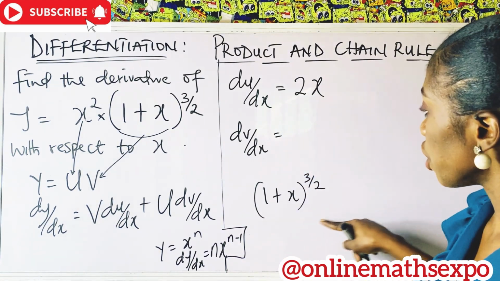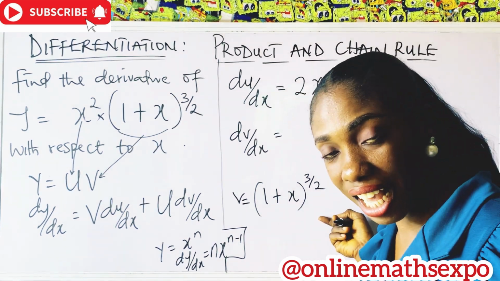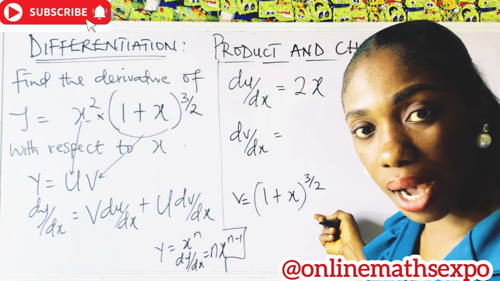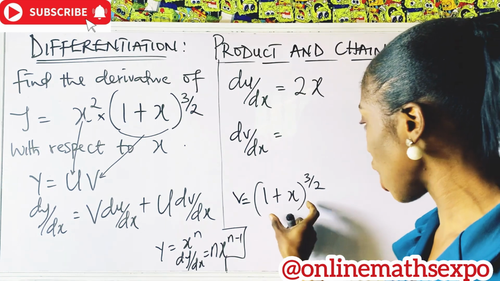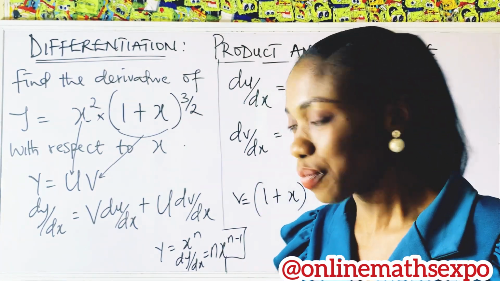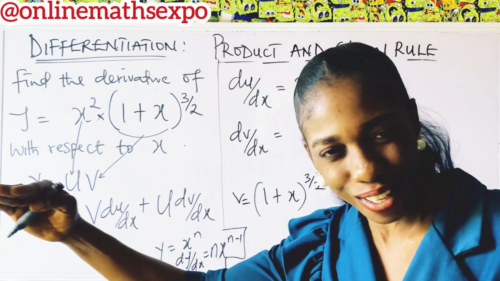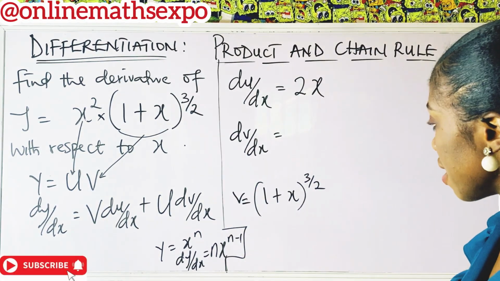Okay, now this is our v. To differentiate this, like we said earlier, we are going to use our chain rule, because it is now two functions in one. And how do you use your chain rule? How to differentiate using chain rule is the shortest way, okay? The shortest way is